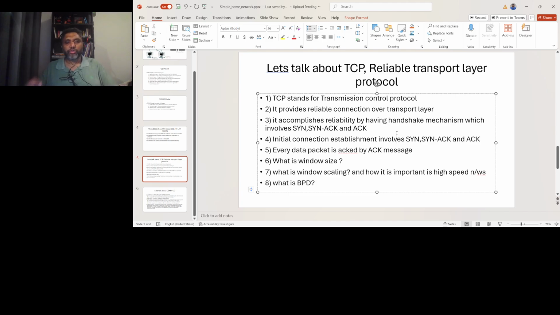Now what is window scaling? There might be certain sessions where high speed or high throughput can be achieved. For that, a window size of 2 to the power of 16, which is 65,536 bytes, is not enough. It has to be more than that. How do you calculate the window scaling parameter value? By multiplying the bandwidth